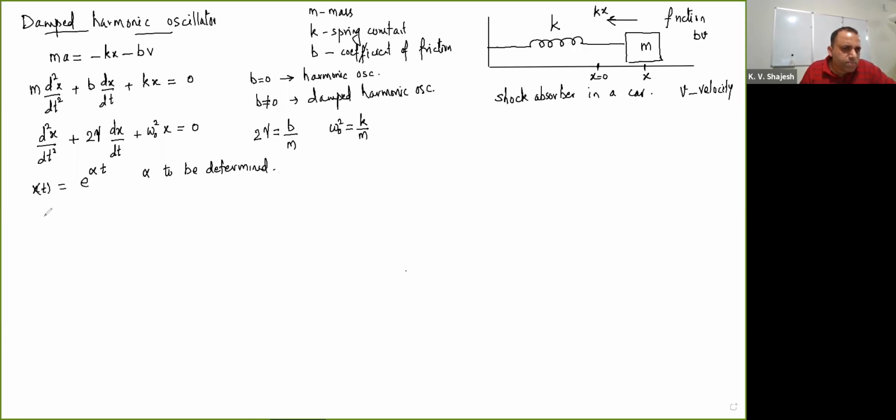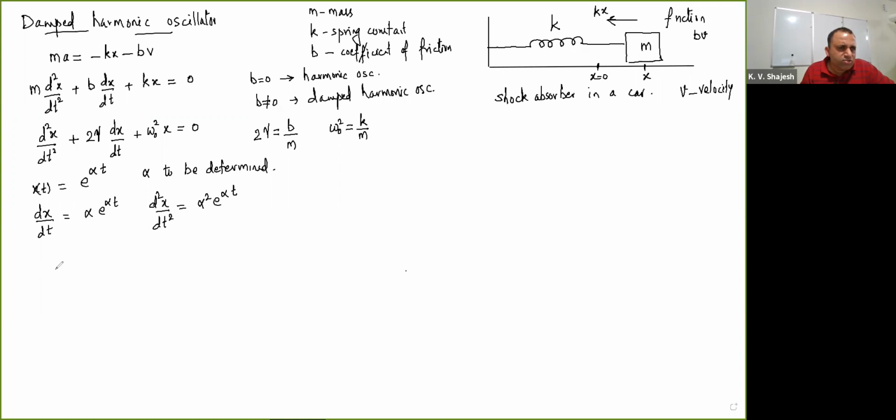So you substitute it back and you realize that the first derivative dx by dt brings down an alpha, and the second derivative brings down another alpha again. The derivative of an exponential is just the argument, whatever is in front of t, you bring that down. So it's alpha squared times e raised to alpha t,